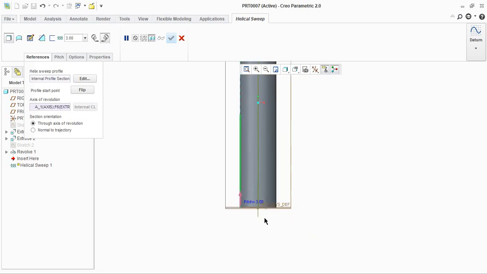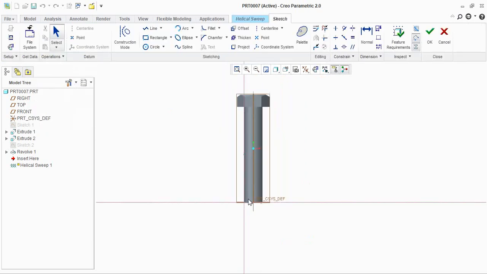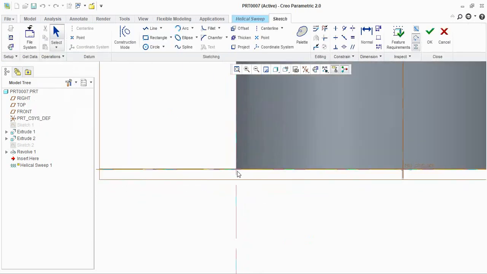Next, we need to make the sketch for the thread. For this, click on the sketch option here, top side. We will create our sketch at this point.